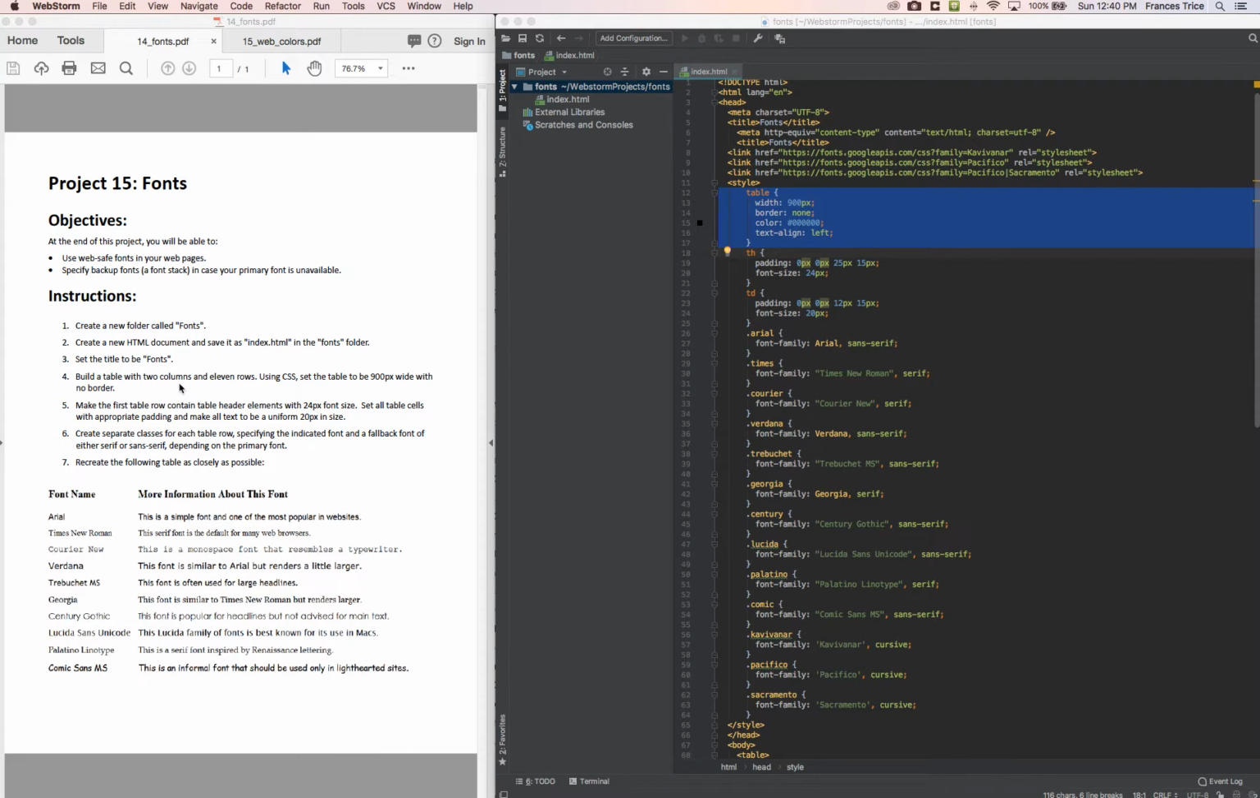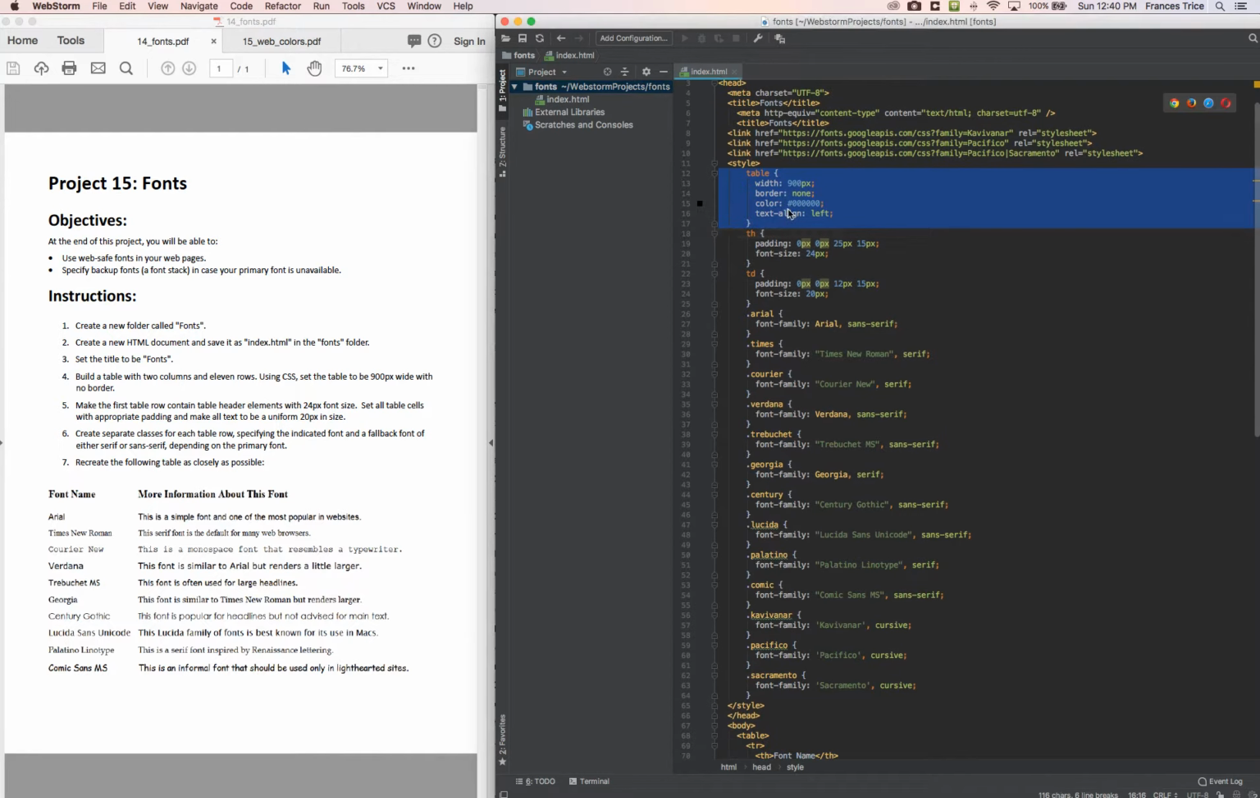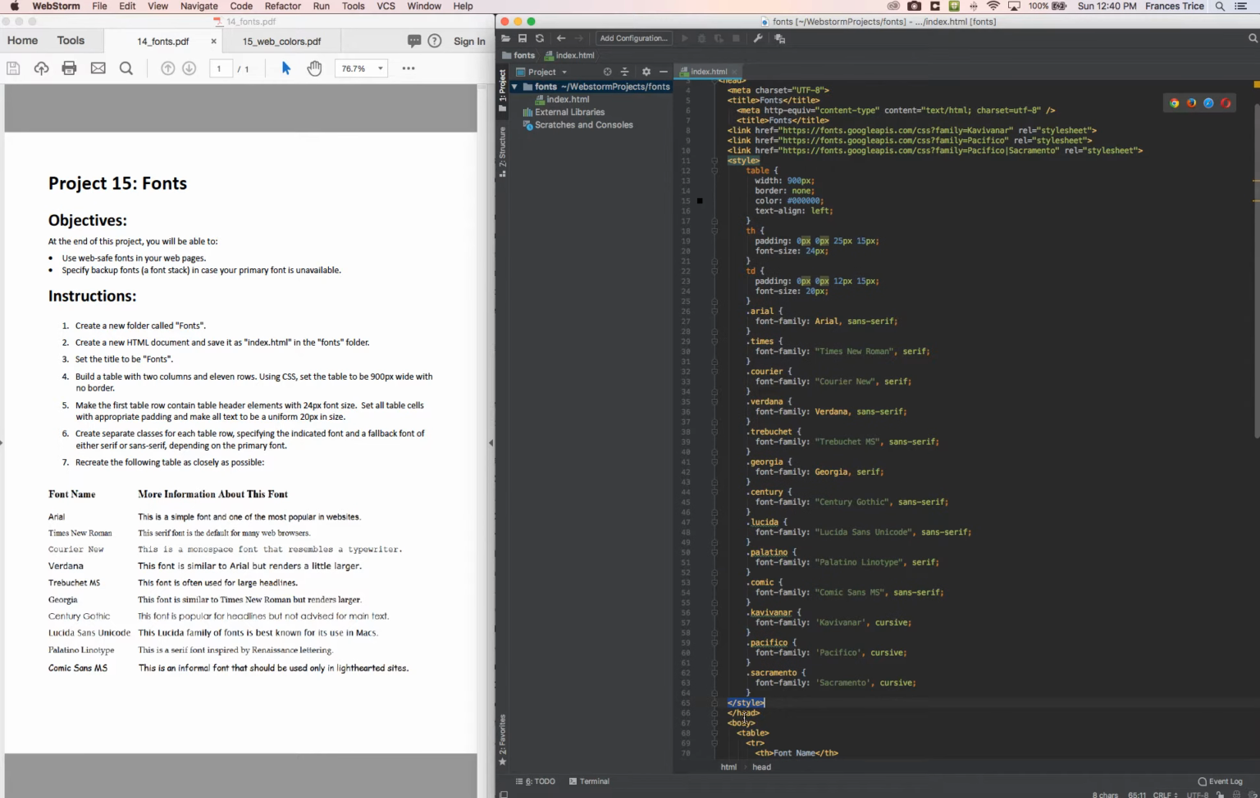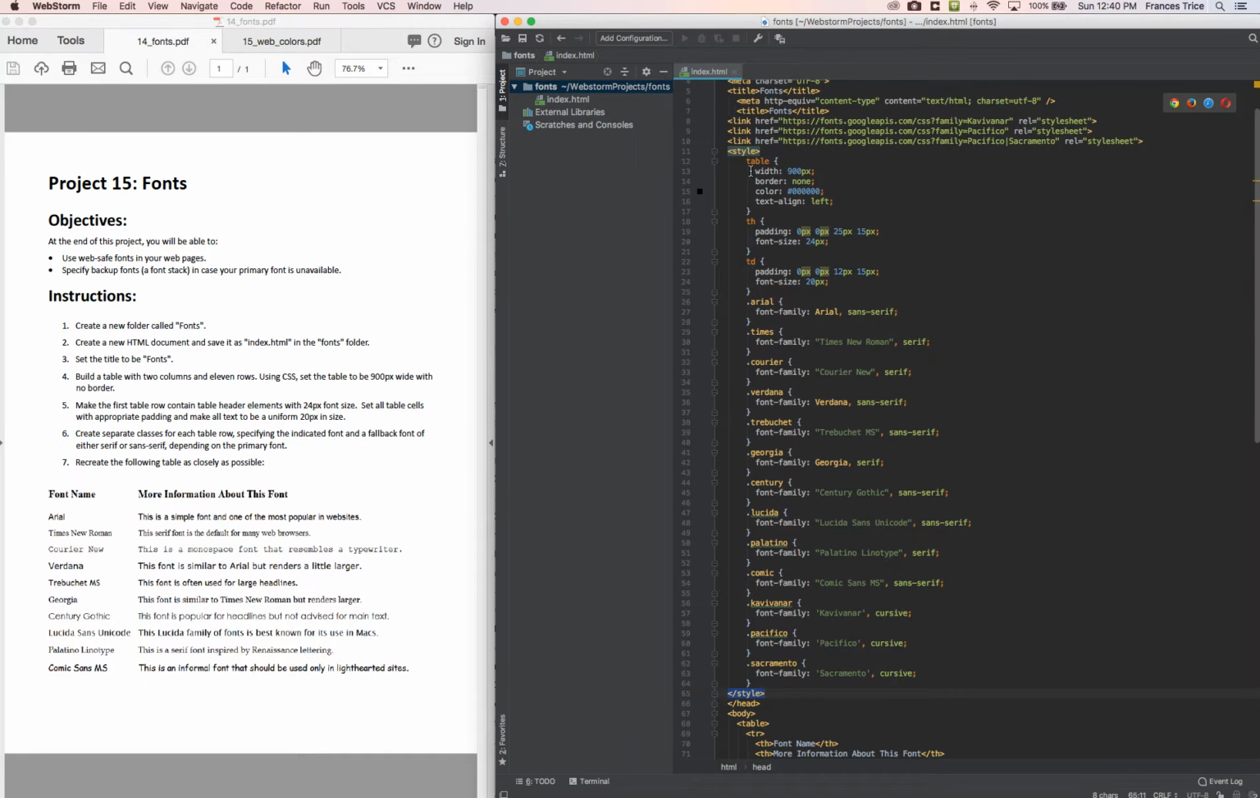Step 4 says to build a table with 2 columns and 11 rows. Using CSS, set the table to be 900 pixels wide with no border. So you see that I'm using an internal style sheet. Here's my opening style element and my closing style element above my head closing tag. And my first declaration is table. I want to target the table element that will be in my HTML. Curly braces, and in between the curly braces I have a width of 900 pixels, a border of none, and